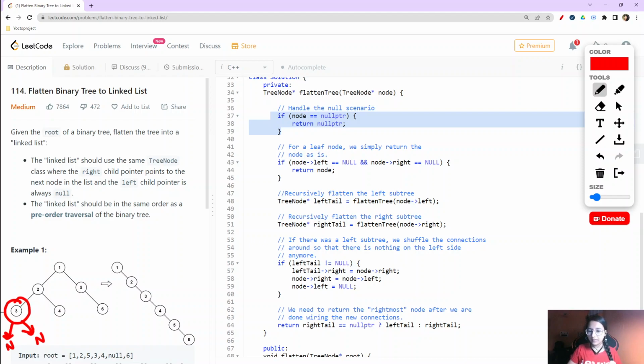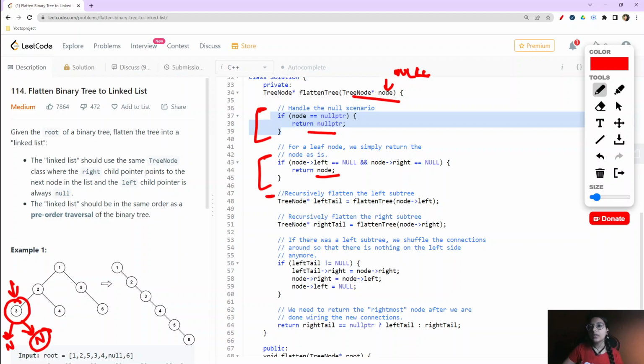So in the case of the backtracking portion, our this particular function will be having null in the case when there is the right side call. So that's why in that scenario we are required to handle that null scenario. So that's why if node is null, then we will be returning the null pointer. So for a leaf node, right, means for this particular tree only, both of the left and right are null, right? So in this scenario we will be returning directly the node, and then tree node left,